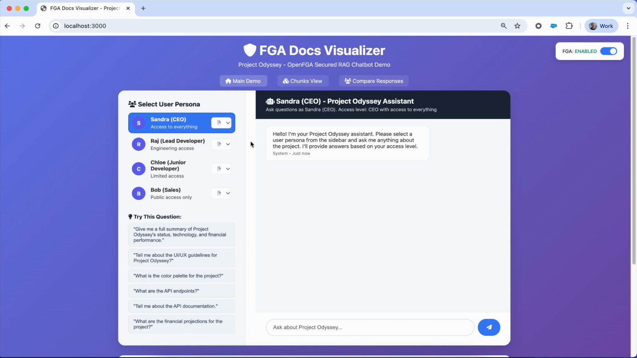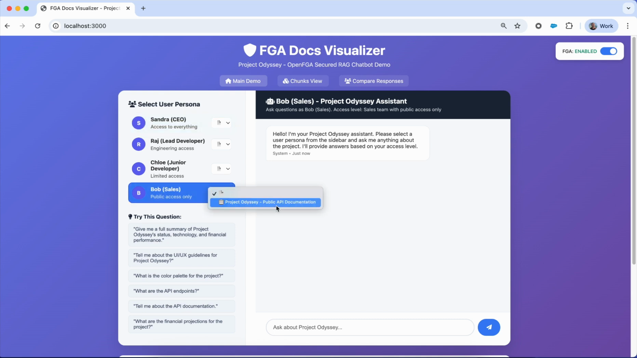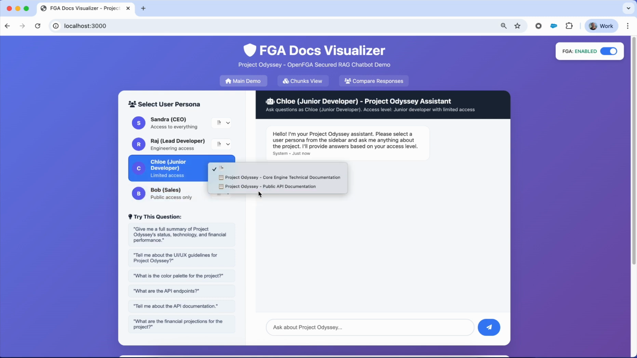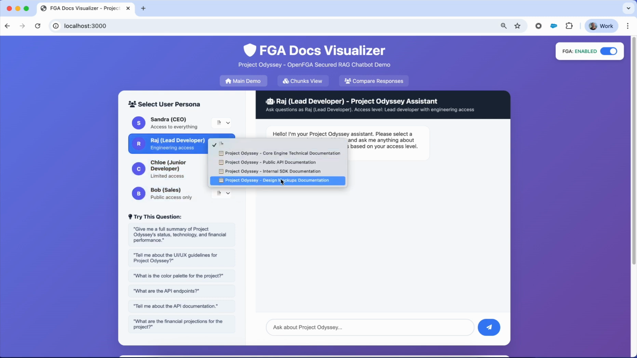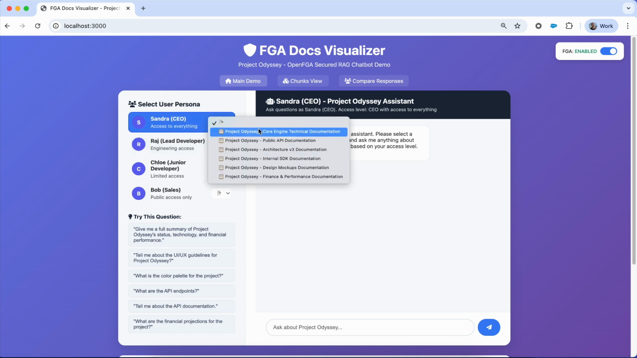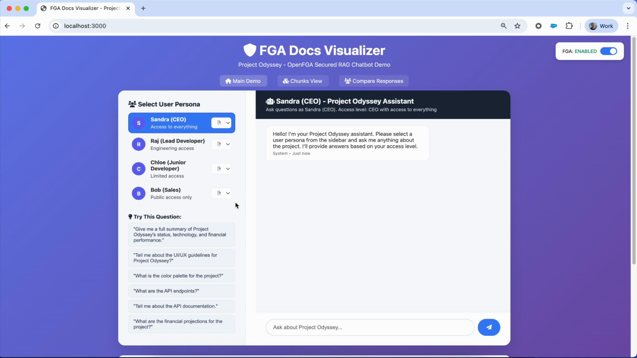to the user. So let's say we have four separate user personas where Sandra is the CEO, Raj is the lead developer, Chloe is the junior developer, and there is Bob in sales. Each of them has access to a different number of documents. Like Bob only has access to public API documentation. Chloe has access to two documents. Raj has access to some internal SDKs and design mockups, and Sandra, the CEO, has access to all the internal company documents. Now, if they ask questions about the company, those responses will be processed by the LLM from these documents according